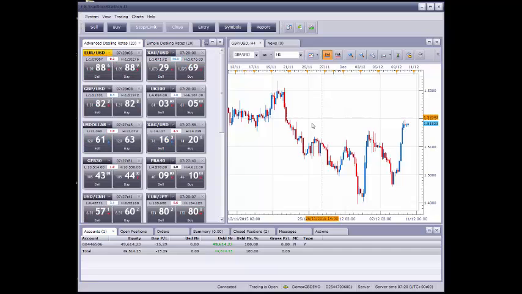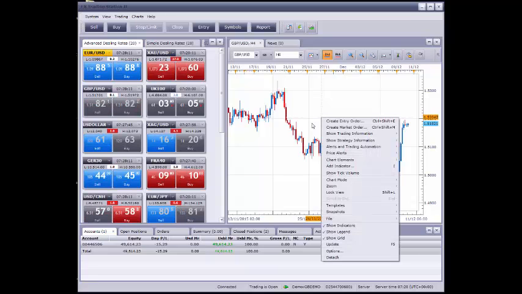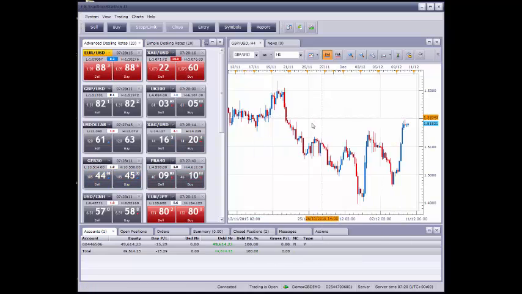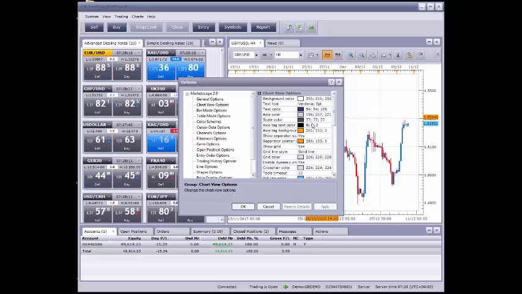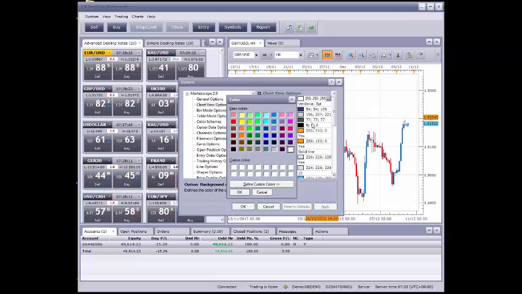Some people don't like to see these colors, so you can right click, and if you go to options, it brings up this window and you've got chart view options over here. You can change all of these different things. You can change the background colors, so you just click on it and then click on this one and it brings up all of the different colors that you can have. So maybe you want a grey background,